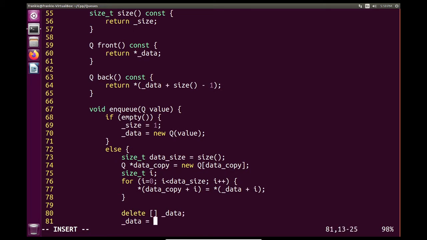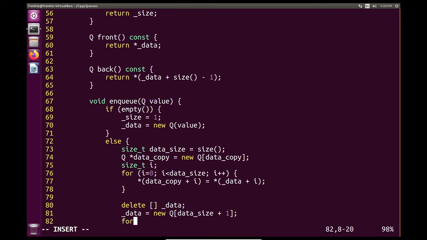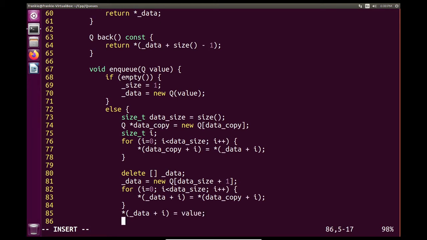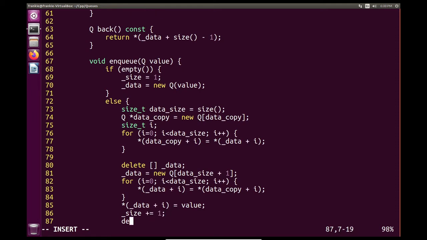Then we are going to reallocate our new size for the data, but rather than being the same size that it was before, it's going to be our size plus 1 to accommodate for our value here that we want to incorporate into our queue. So then we need to iterate through our queue data copy and copy it back. Once that's copied over, i is going to be equal to data size. Those values are going to be equal, so that way I can simply say now that data plus i is going to be equal to value, and this will let us add the value that we want to add to the queue. This lets us add that value to the end of our dynamically allocated array,